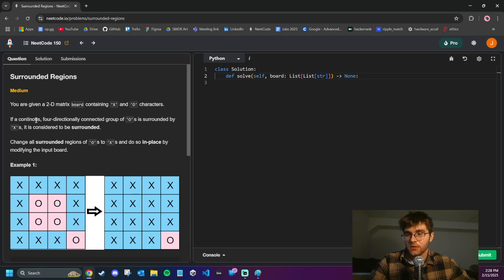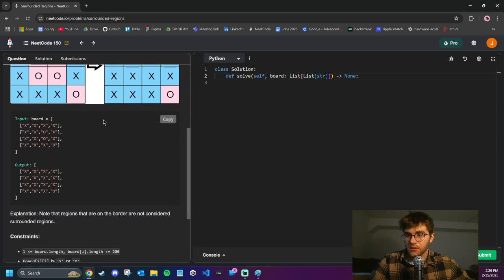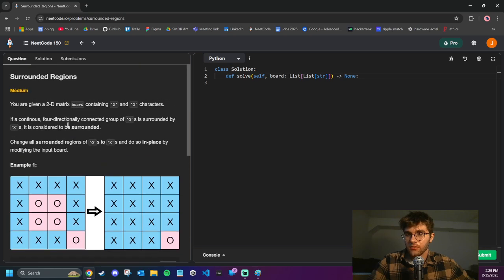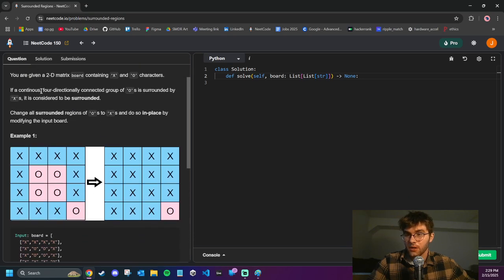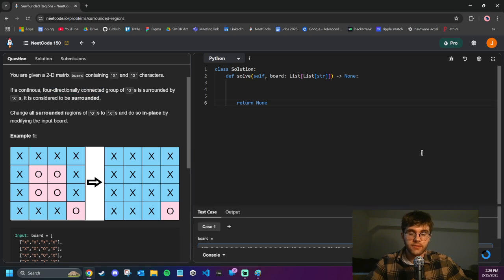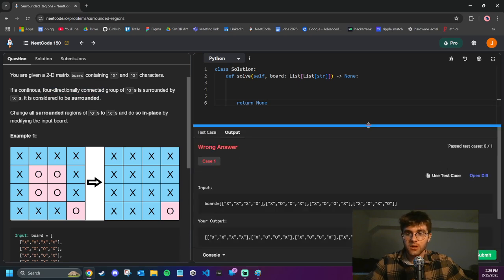Okay, so let me first understand this part. Continuous four-directionally connected group of O's. To be honest, I don't really know what that means. Does it have to be a square? Four-directionally connected group of O's. Let me see if I can get another test case. No. So this one,